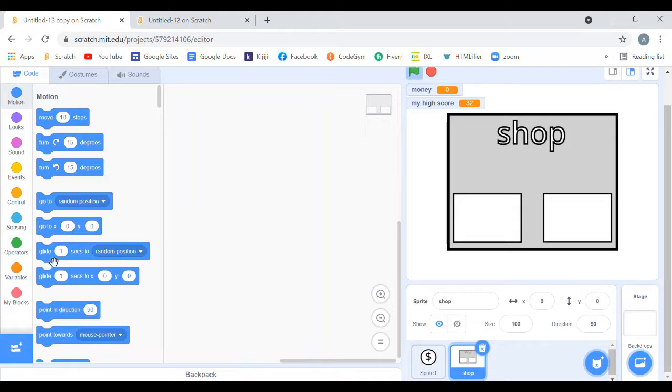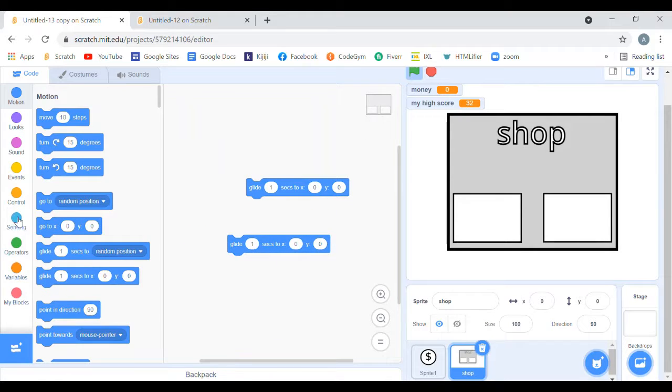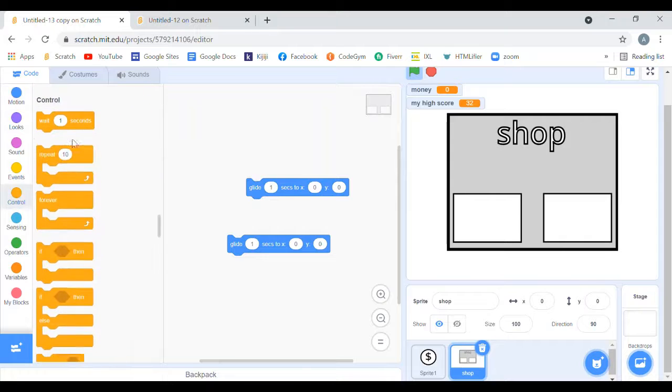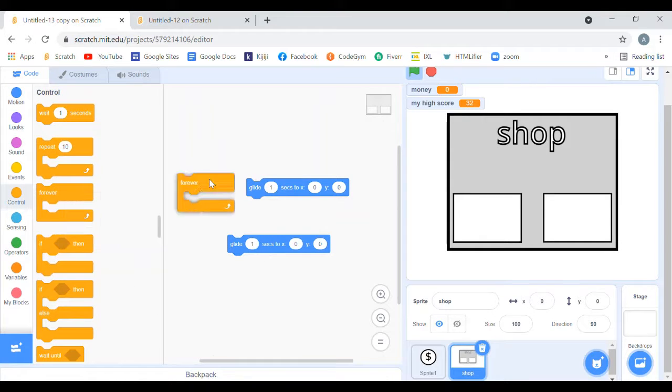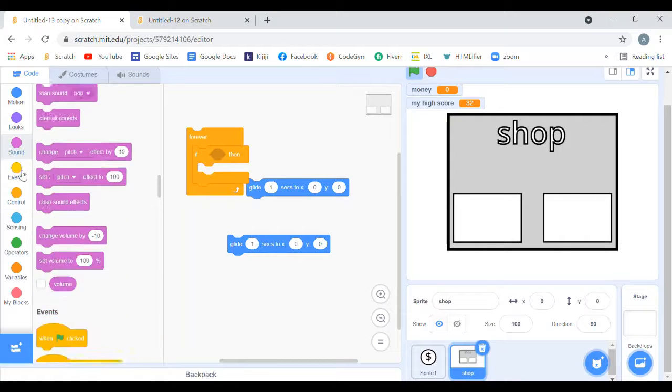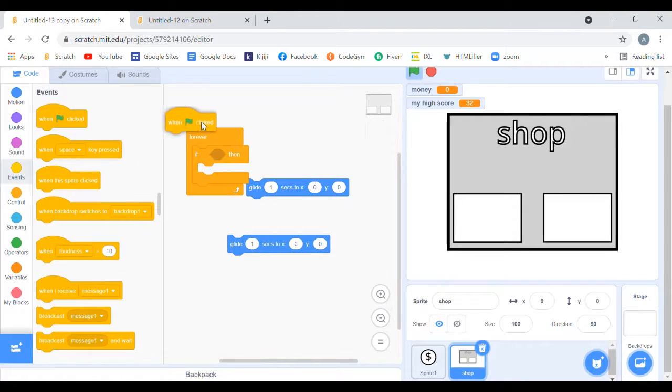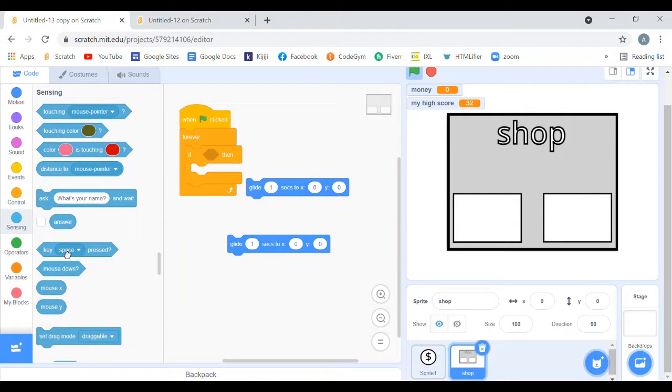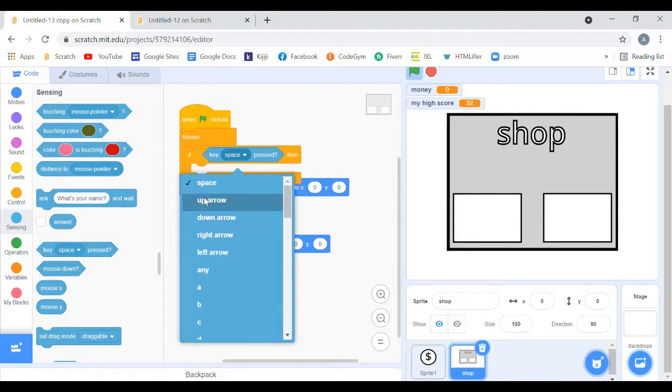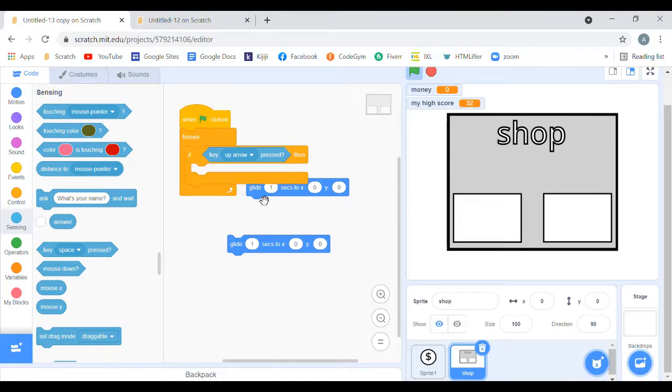We'll need a glide. I'll go to control, get a forever loop, and an if statement. When flag clicked, if up arrow key is pressed, glide to 0,